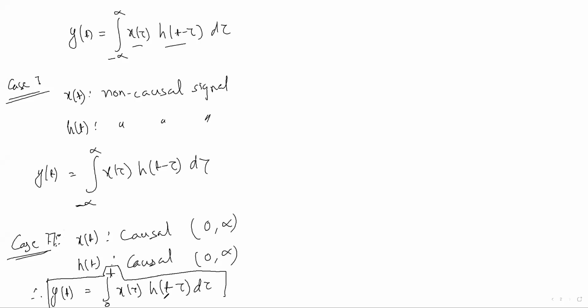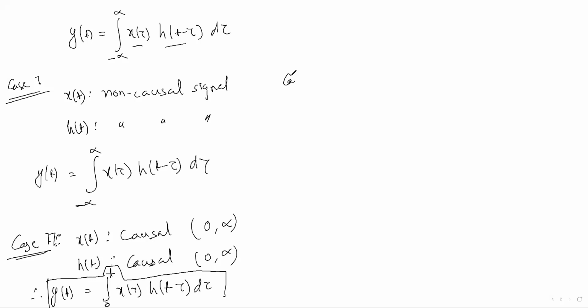Okay, this limit is important. If both signals x(t) and h(t) are causal, then for finding y(t), the convolution limit would be from 0 to t. That thing you should know, it is very important. Most of the students often make a mistake here. They put the integration limit up to infinity. This is not up to infinity, this is up to t. That thing you should remember.